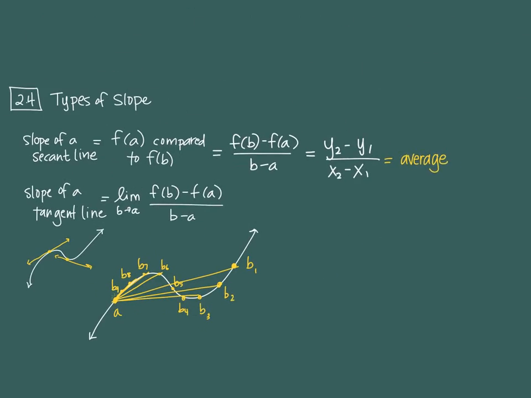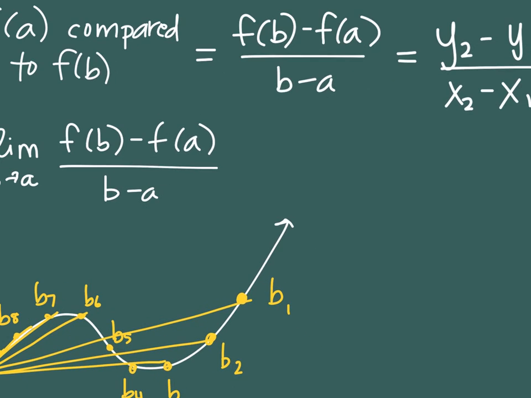We call the space between A and your final BN, we call that h. How big is h? Very, very small. How small is it? Approaching what? Will it ever be 0? Okay, but it will be so small, we call that negligible. The space between them is going to be so small that we can barely tell the difference between them. All right, so another way to write this slope of a tangent line